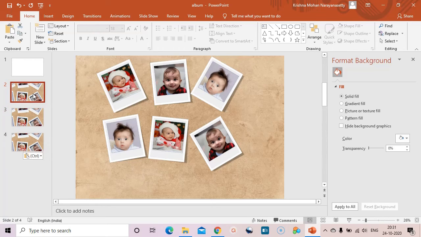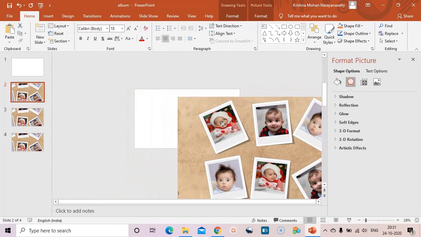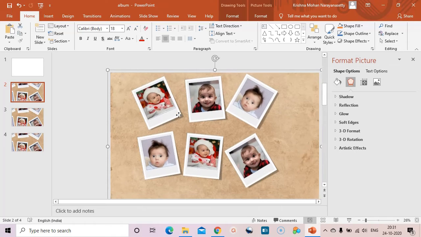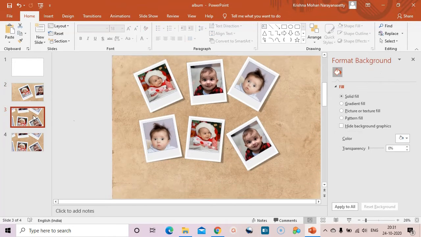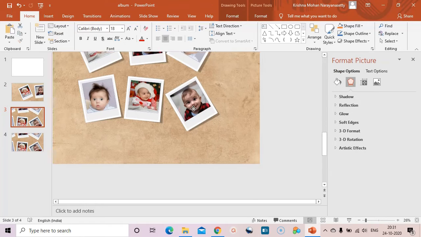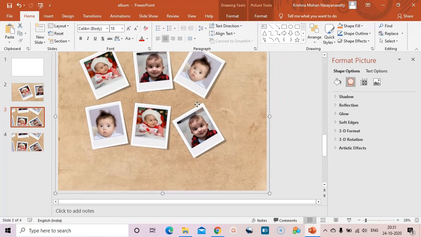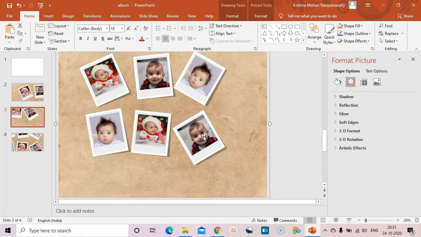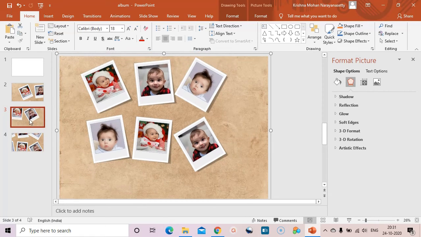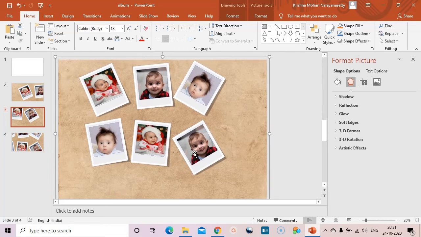In the first slide, whichever photo you want to highlight, for example, let us highlight the first photo. So if you see, the slide is here. I am putting it in such a way that in the thumbnail you can see the first photo in the center. And let me go to the second slide and let us highlight this photo. So this photo I'm highlighting so that you can see this photo in the center. You can adjust by seeing the camera view in the thumbnail.